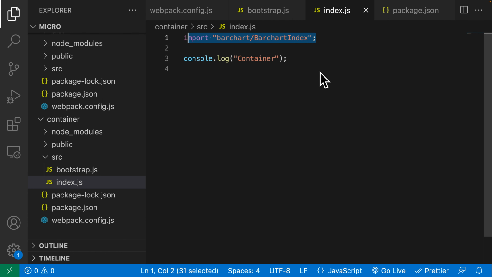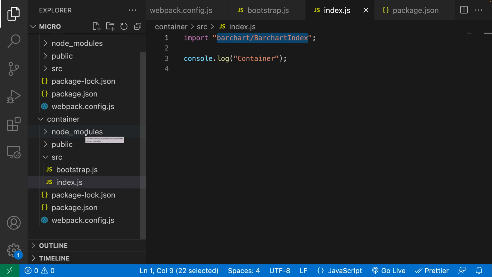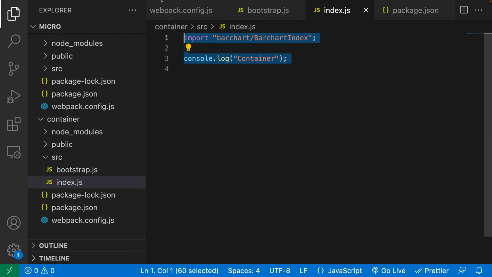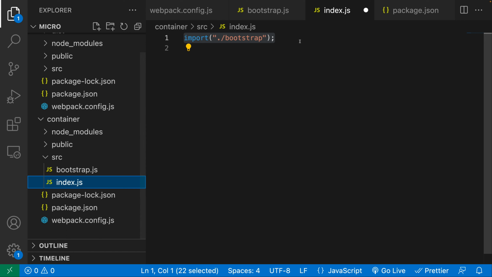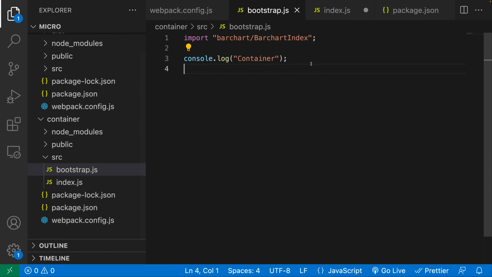Right now, what we are doing is very simply just loading. As soon as we try to run this, we're going to try to import barchart/barchart index, and this absolutely assumes that it exists inside of our node modules. Because as soon as we run this, Webpack is not going to have enough time to process it and see that the bar chart does not exist in the node modules, but it exists inside of the Webpack config. So by very simply importing the file bootstrap, we're just giving Webpack some time in order to figure out that, yes, this does not exist in the node modules, but it does exist